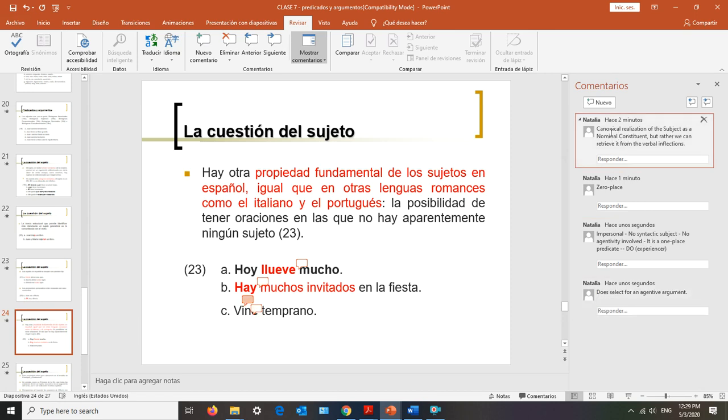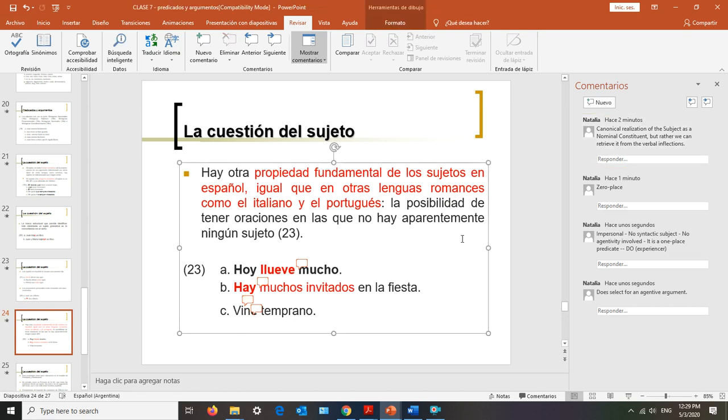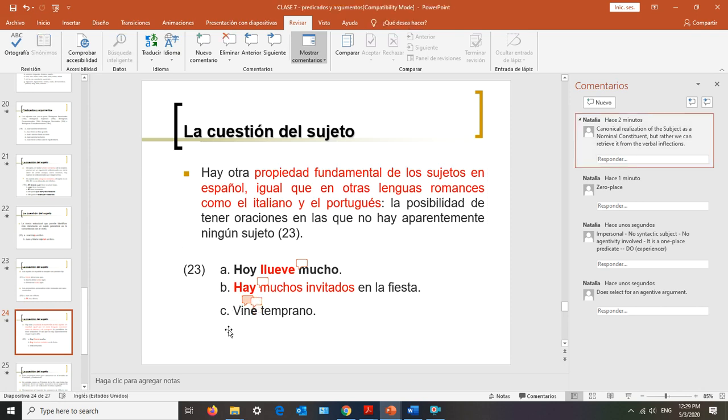This subject doesn't have the canonical realization as a nominal constituent, but rather we can retrieve it from the verbal inflection. So we don't see it explicit at the level of surface structure, but we know it is selected for by the meaning of venir. The thing is that Spanish is a type of language that allows for the dropping of this